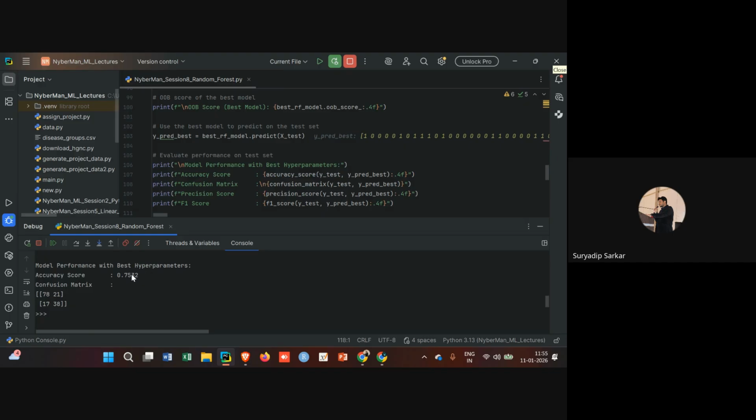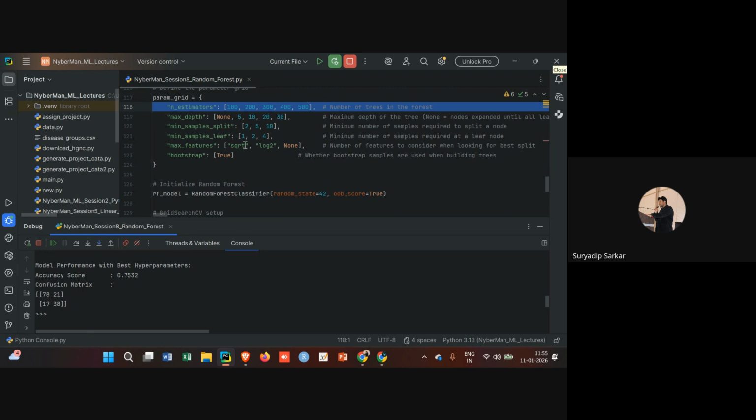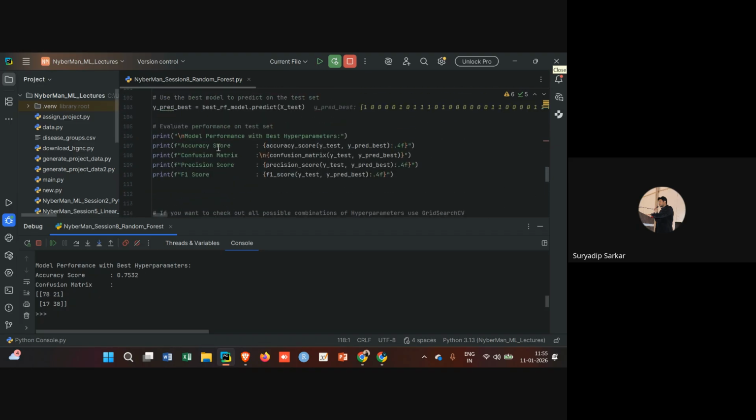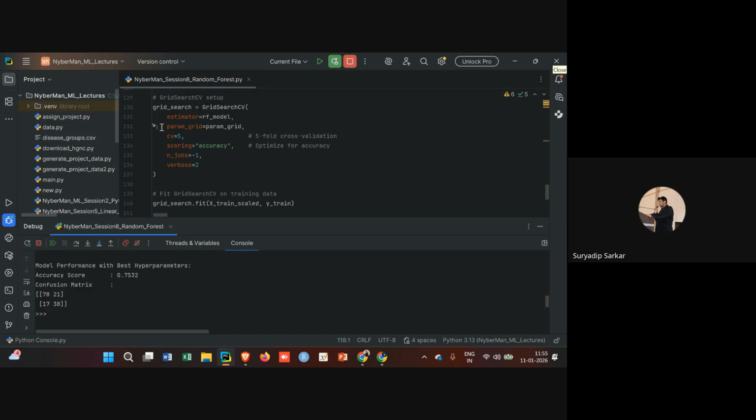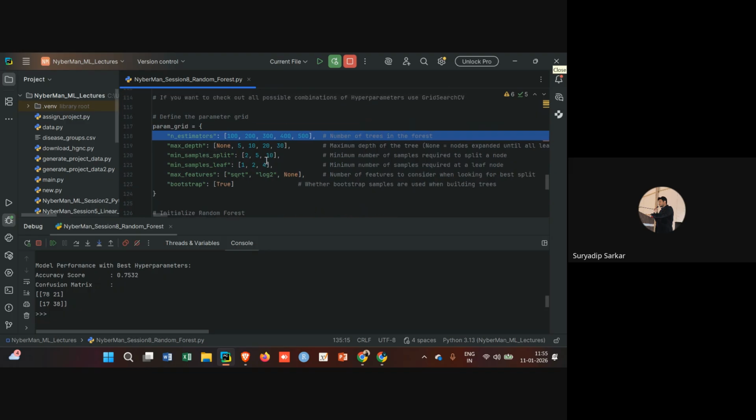That is the goal. Okay, I will not go ahead and execute this grid search CV part. It is the same as randomized search CV. It's just that this definition has changed. Here the only other parameter that you see is n_jobs, which is nothing but the number of CPU cores you want grid search CV to use for this particular execution. I have set it to -1, which basically denotes that please use the maximum number of cores which are available to you. So this will speed up the process for you if you want to run it. But then again, you guys already saw how long it took for randomized search CV with only 20 possible combinations. This will have several possible combinations here, so I don't think we should run this in class,